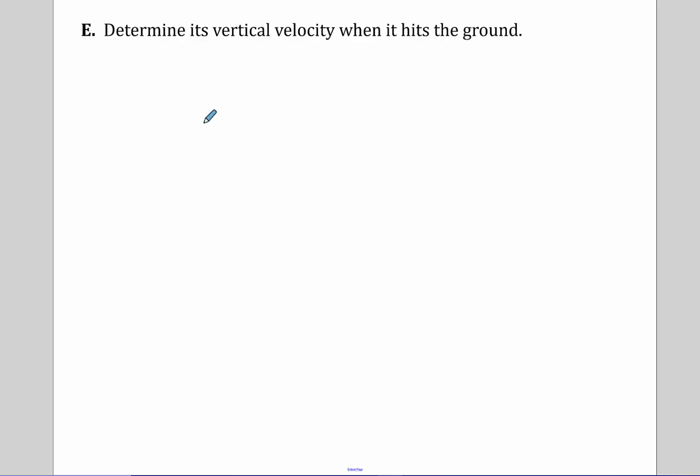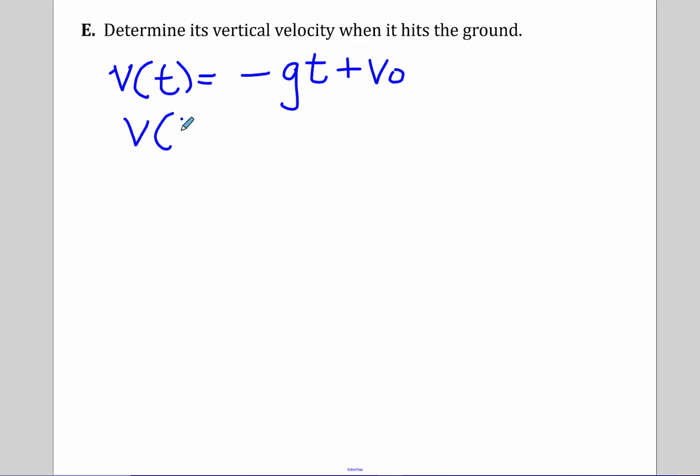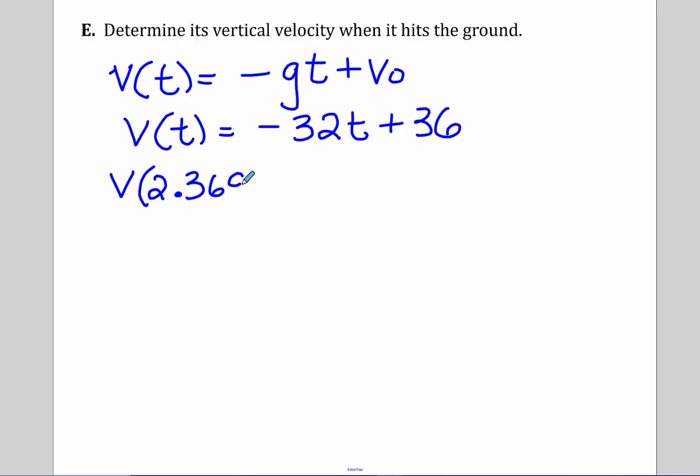Letter E, determine the vertical velocity when the ball hits the ground. Well, on the set of notes it said velocity was negative gravity times time plus initial velocity. And our problem was in feet. So our gravity is pulling us back at 32 feet and the initial velocity was 36. And we found it would hit the ground at about 2.369 seconds. So using your calculator again, we're going to substitute